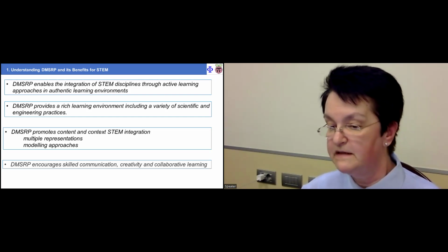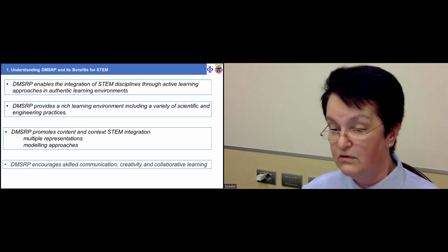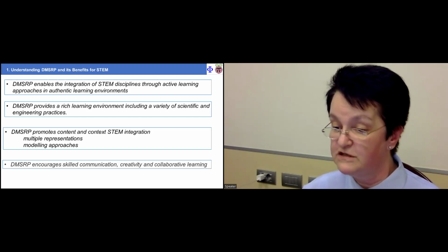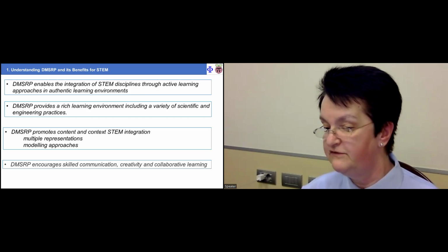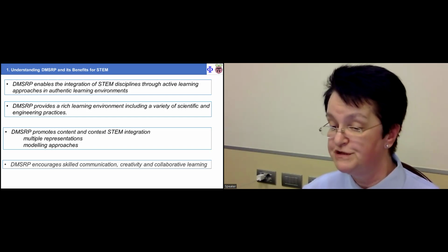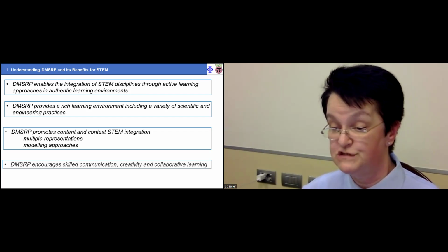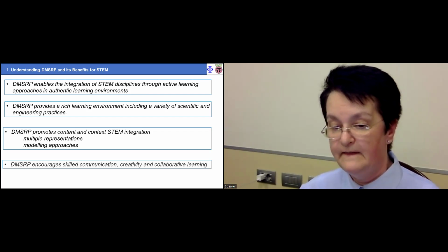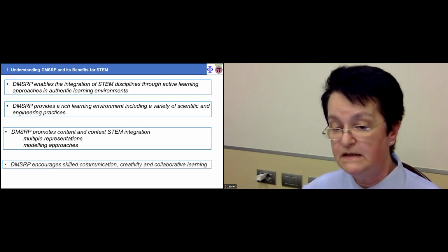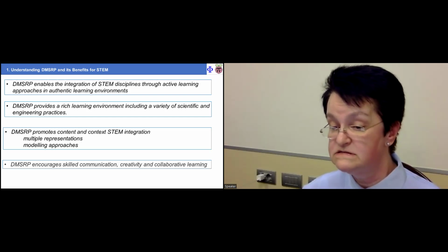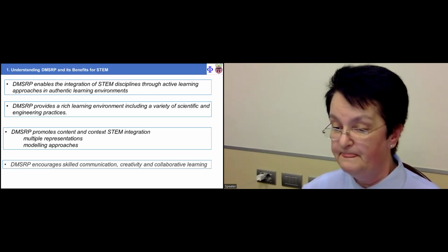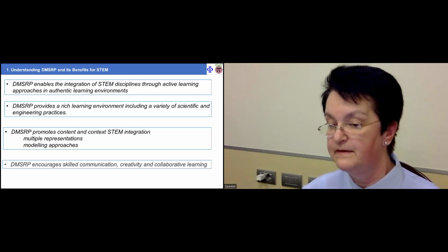In respect to mathematics, the students work with equations or inequalities. They build functions to model the relationship between different quantities they measure, or they integrate numerical methods for differentiation or integration. Also, the DMSRP promotes content and context integration of different disciplinary areas,